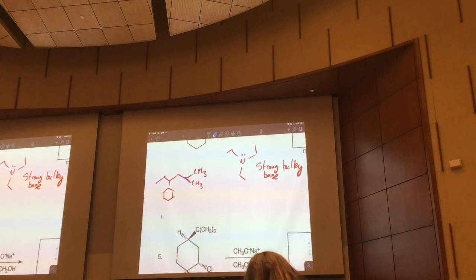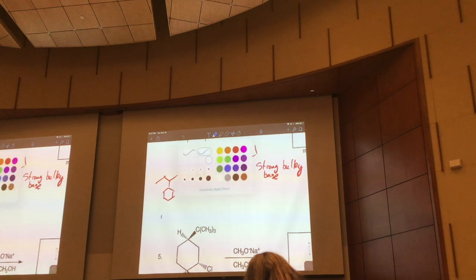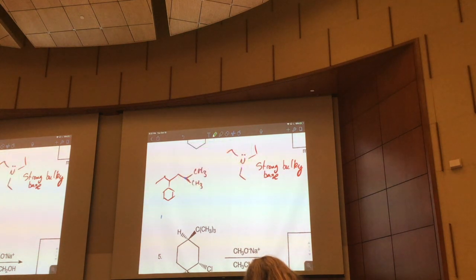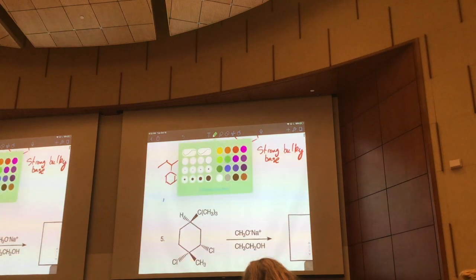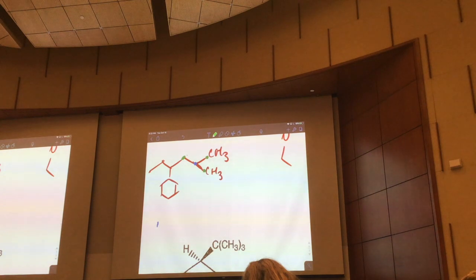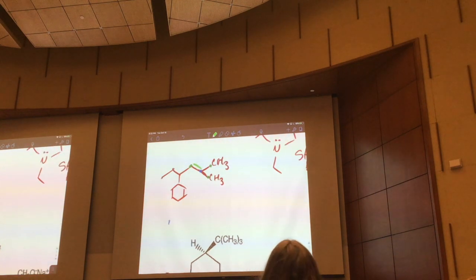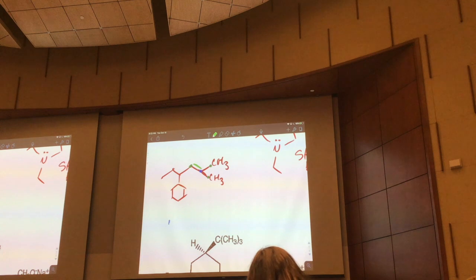A hydrogen adjacent. So on one of the carbons adjacent to the carbon holding the leaving group, this one or this one, one of those got a hydrogen ripped off of it. And we're going to get different products depending on which hydrogen gets ripped off. So let's go with this one first. How many substitutions on that alkene? We have 1, 2, 3. And then there's a hydrogen, which we don't count for 4, so it's just 3. So we're dealing with trisub